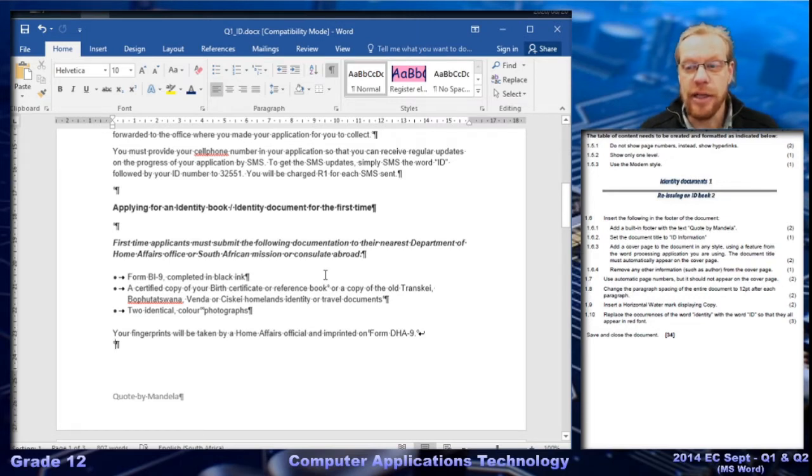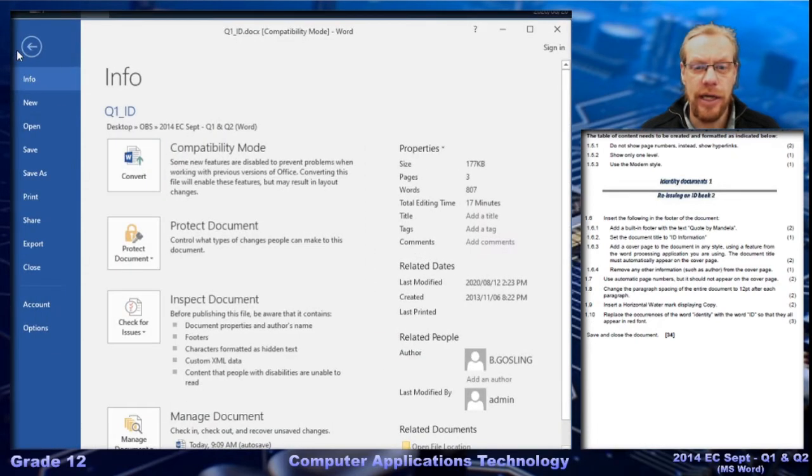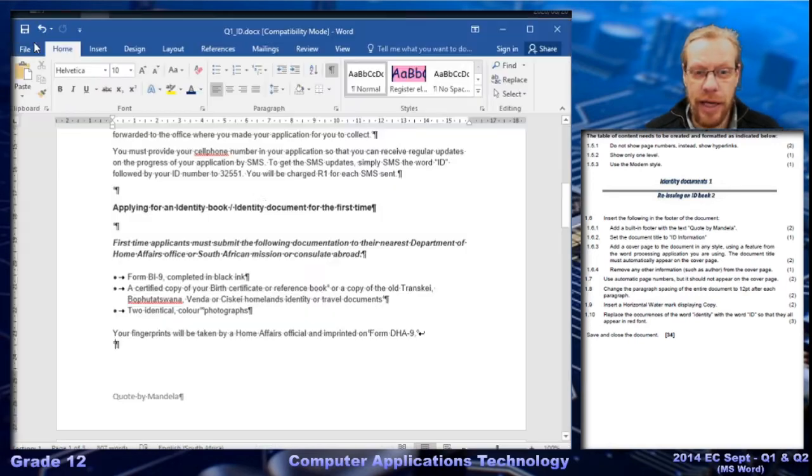Set the document title to ID information. The document title in this particular instance refers to a property of the document, which we'll find at File, and now you can see on the right-hand side the various properties, and title is one of those. We're going to set that to ID information. That won't make any visible changes to the document yet, except for the next question,